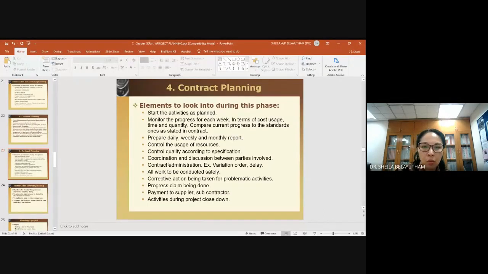And of course, all works need to be conducted safely. If there are issues, delay, and so on, corrective actions are to be taken. So this is where you have progress claim. Progress claim is usually done once a month, usually at the end of the month, to check on the progress. Usually the contractor will come up with a certain progress. So let's say